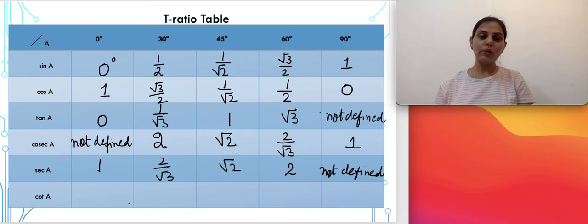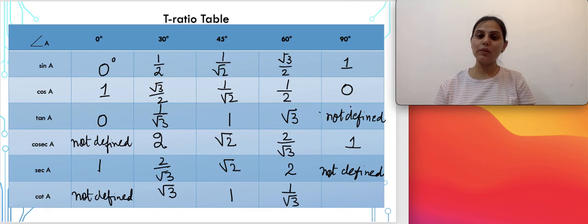Moving on to the next value, that is cot. Now cot is the reciprocal of tangent. So first value, that is cot 0, will be division by 0. 1 upon 0 is not defined again. Then cot 30 degree is the reciprocal of 1 by root 3. That means it is root 3 upon 1, or simply we can write root 3. Cot 45 is 1 upon 1, that is 1. Cot 60 degree is reciprocal of root 3, that is 1 upon root 3. And cot 90 degree is 1 upon 0 was the value for tan 90. So cot 90 की value हमारी 0 upon 1 हो जाएगी, and it can be written as 0.